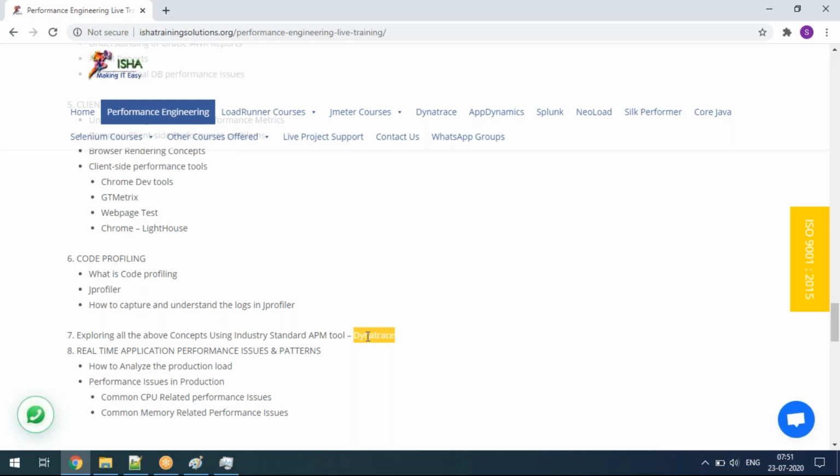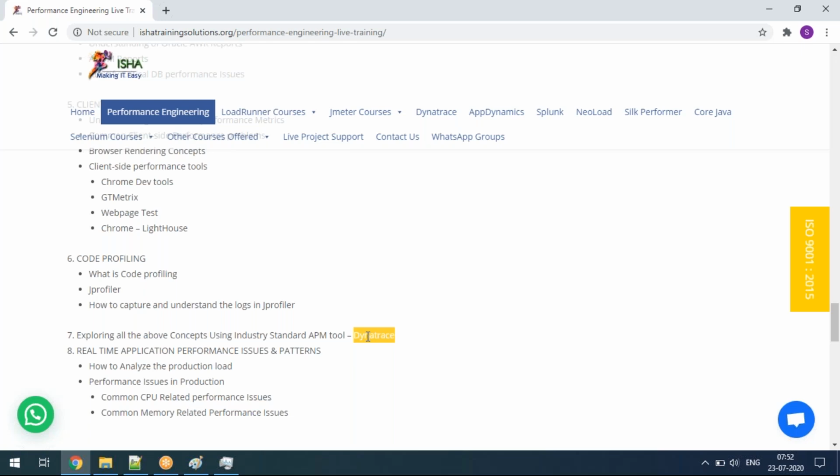So not only testing you will do, you will go beyond certain things. You will ask somebody to collect the garbage collection, or you will collect it yourself. You can ask somebody to do a heap dump and thread dump, or you do the heap dump and thread dump. If it is Oracle DB, you will say AWR reports you can take, ADDM reports you can take, analyze it, understand it, query tuning, like that. You can either do it yourself, or you do the recommendations for the others to do that activity. So that's the way your exploring will be going forward.